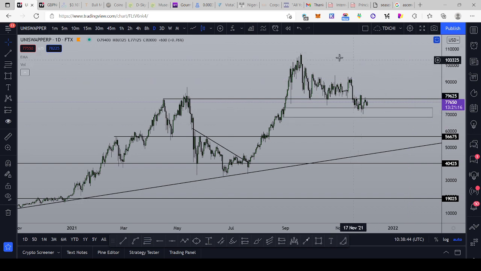And what happens if this block fails? Then we have this level, which is just 25% lower. This level is quite strong, and we might have a wick down here. We have a bounce, but believe me,